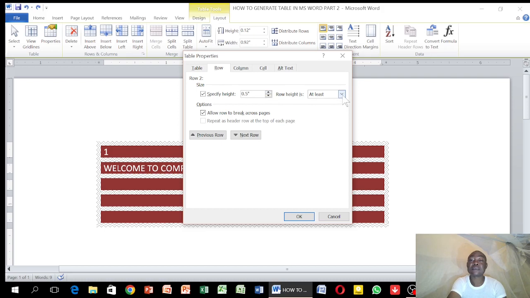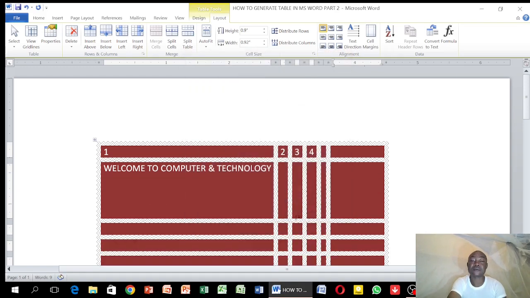And then height is at least, exactly, at least 0.5, for instance, and you click OK button. You can see this particular row that my cursor is present in is now increased. The height of the row increased. That is how to increase the row height